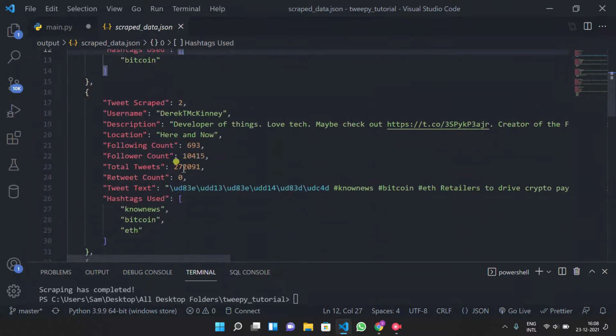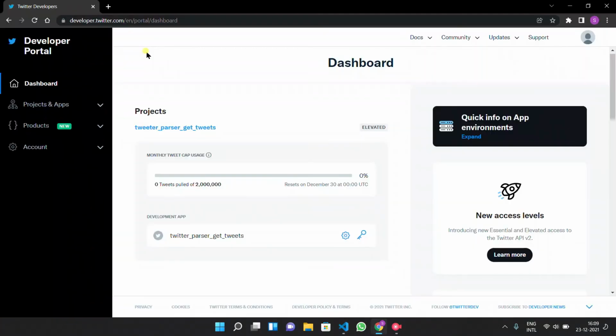Okay, so let's start. First we need to make a Twitter developer account. So first you should open this URL, developer.twitter.com, and then sign in. After that there will be a button that says create an app. After you create an app, you first need to fill out a form, and then your account will be activated.